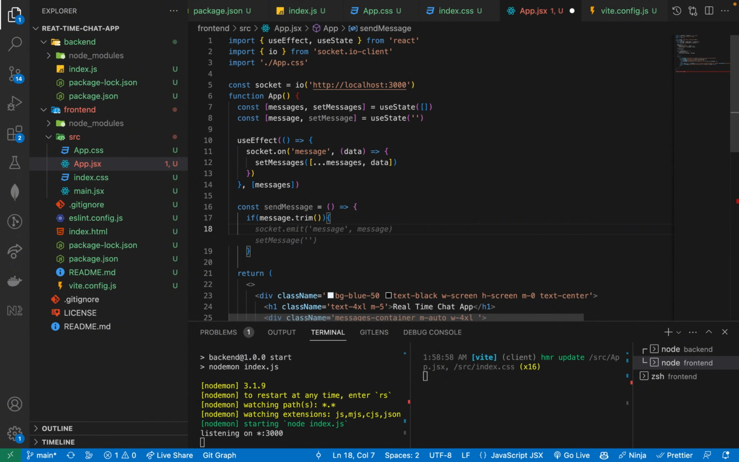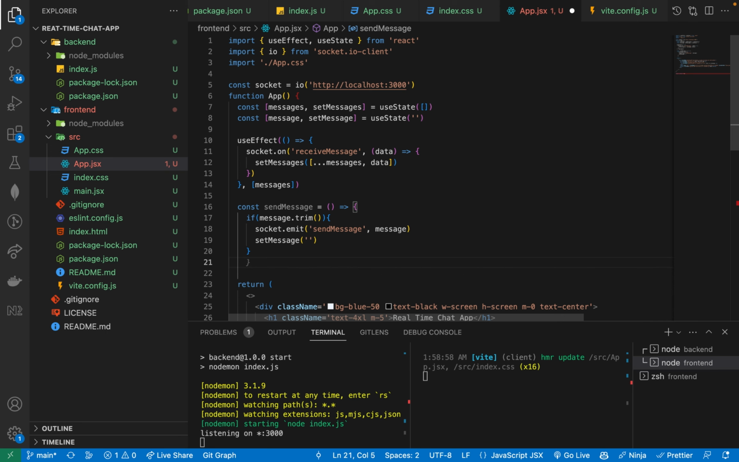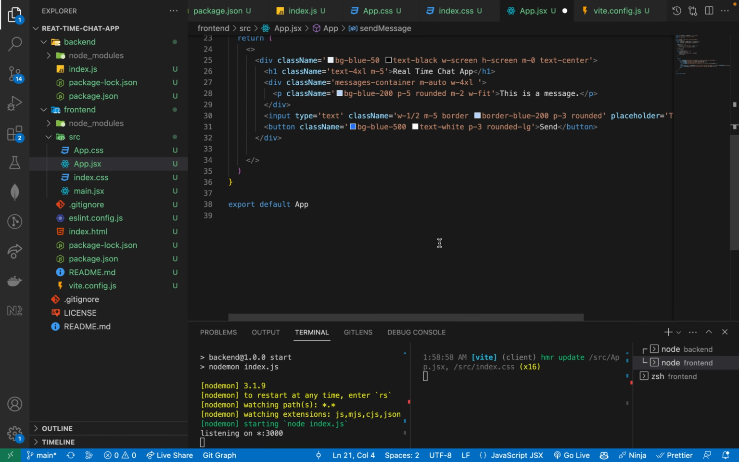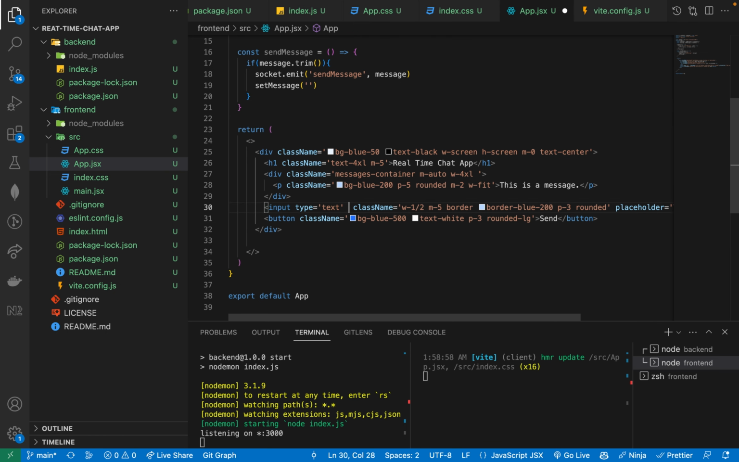message.trim. Exactly, this is what I was going to do. So we are going to have slightly different events over here. This is going to be receive message, and this is going to be send message, right? And then we're going to set the message to be empty, and here we are going to complete our function called send message. What we are going to do here is set the value of this input to be message,